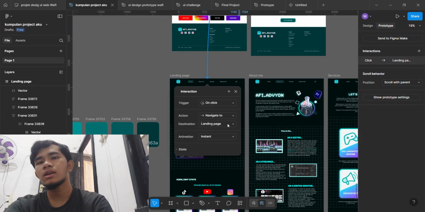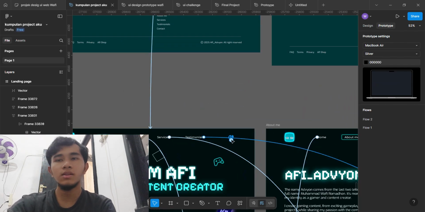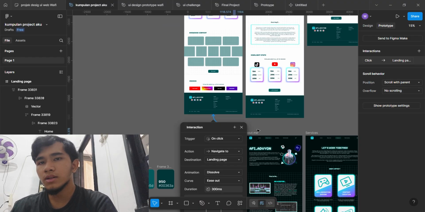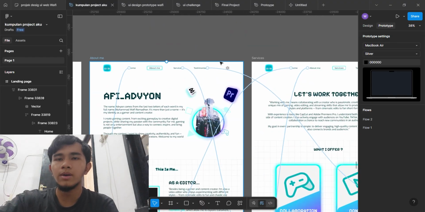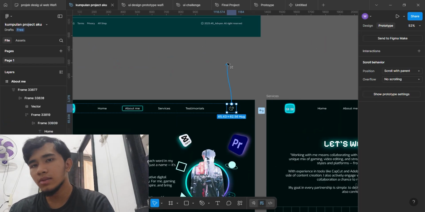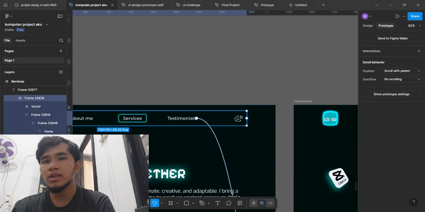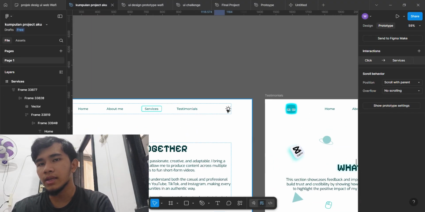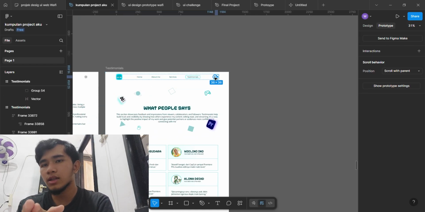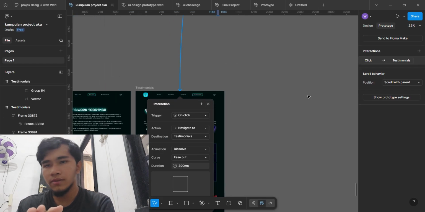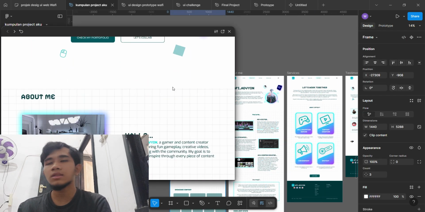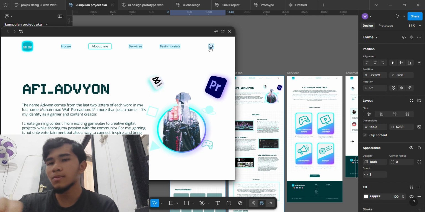That's it. We have just finished building a complete interactive prototype in Figma, from linking pages, setting animation, to creating advanced interactions like expanding buttons. If you made it this far, congratulations! You now understand the basic and intermediate features of Figma prototyping. Remember, prototyping isn't just about making it clickable, it's about showing how your design feels in motion. So don't be afraid to experiment with transitions, delays, or smart animate to make it more alive.